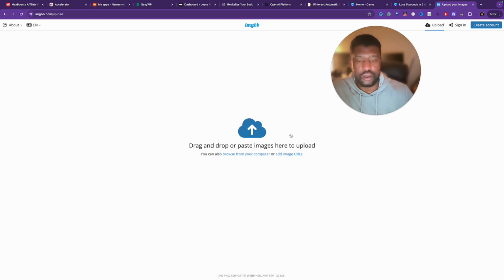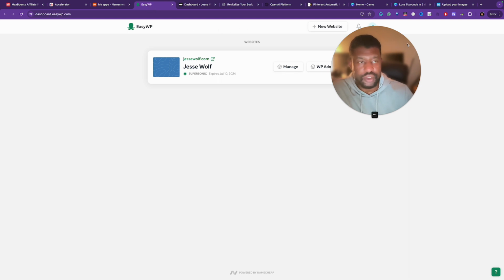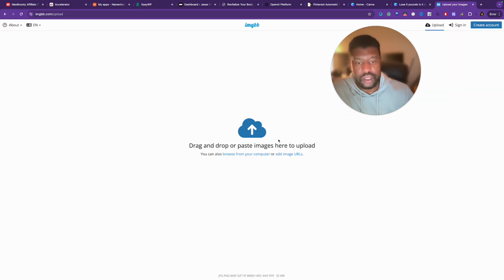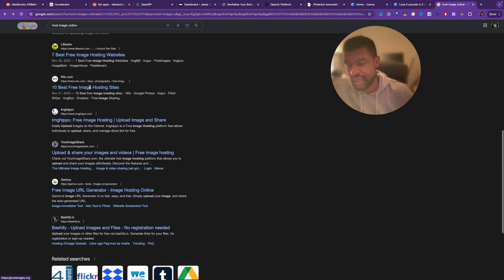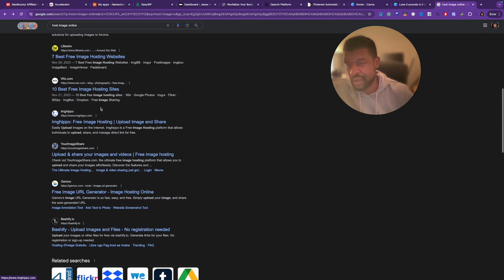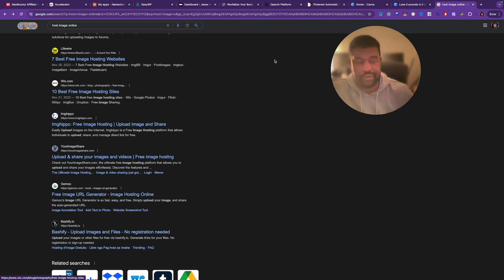And then once you get the code, I believe it'll give you the ability to add a link to the code. And once you add a link to the code, then you can paste that code back into the plugin. And that's what I did. So you're going to upload the image, and then it's automatically being hosted on this. I believe you can create a free account on any one of these, but usually you just have to type in host image online, find a website where you can host the image with a link attached to it,